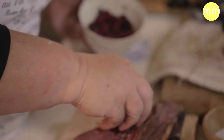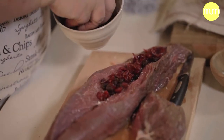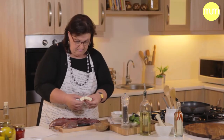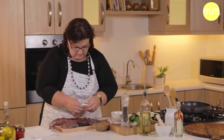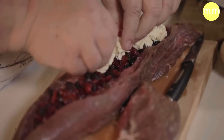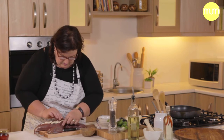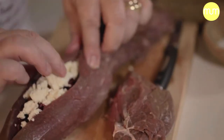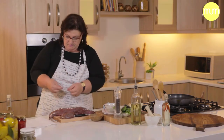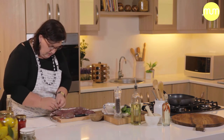So I'm just going to put a layer of these in the fillet, and then on top of that I'm going to put some feta cheese, and you can just crumble it roughly. Let's try and bring the meat together. Then you can use butcher's twine, which you can just ask your butcher for, and you just tie it up